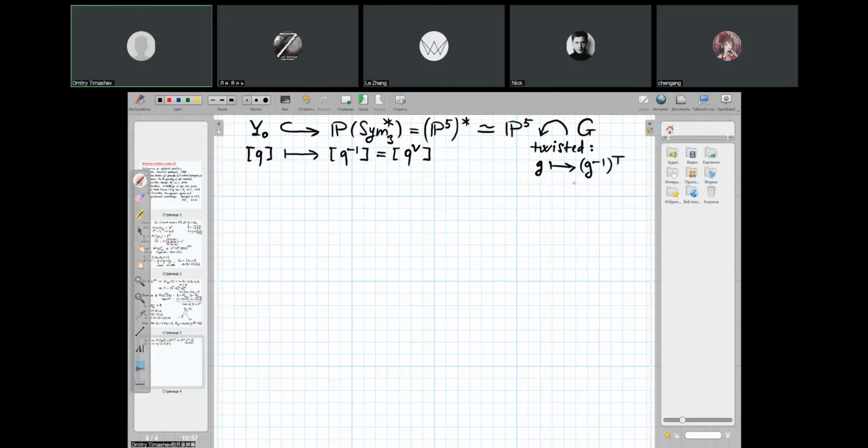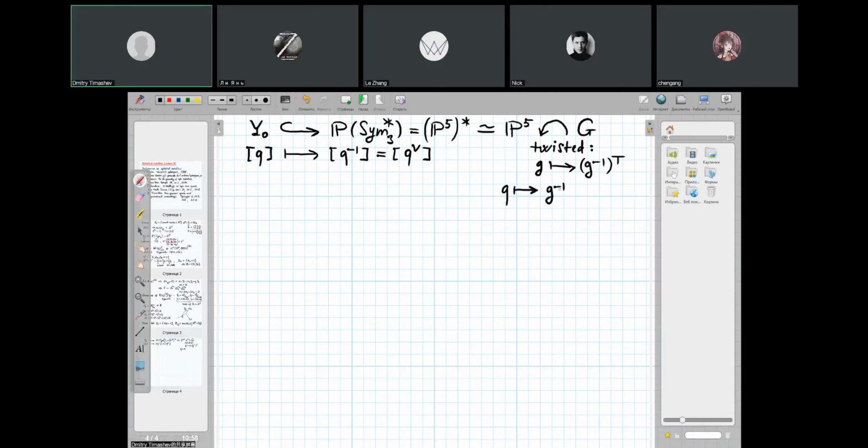Because if you think about the action of G on the space of conics in the matrix language, it is given by sending a matrix Q to, let me write it to the left, on the left. The action of G on the space of plane conics is given by sending a matrix Q